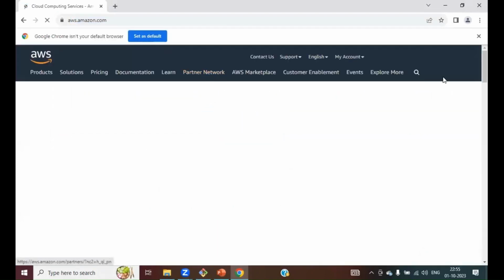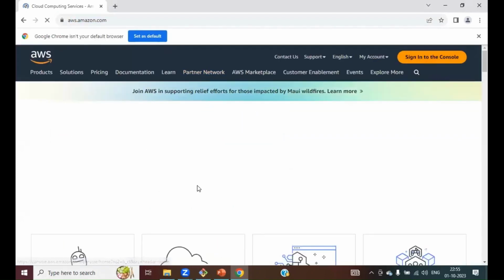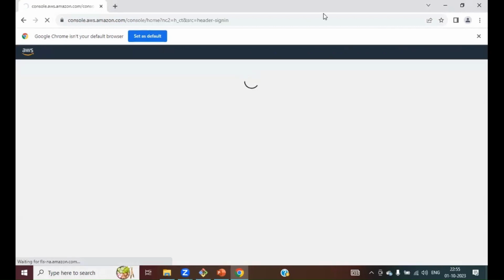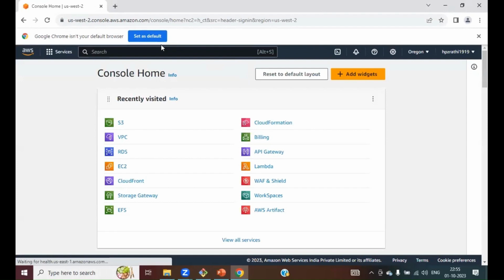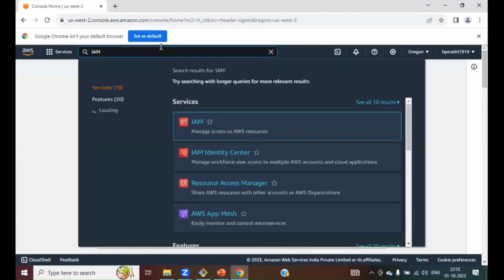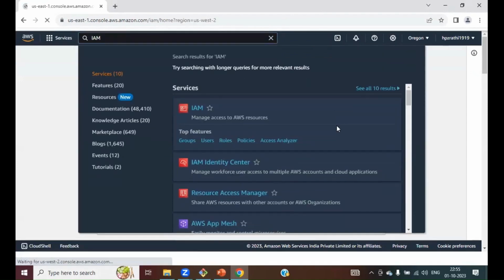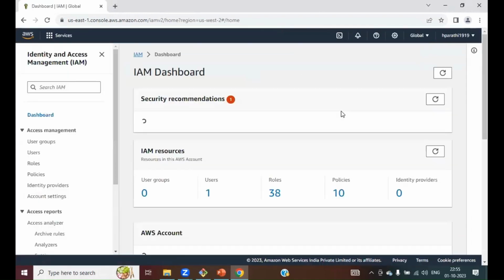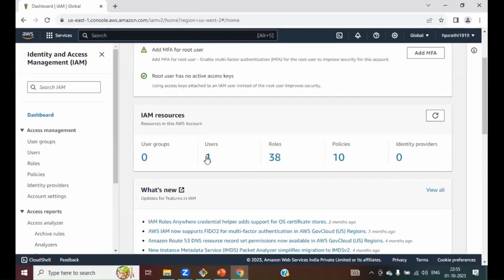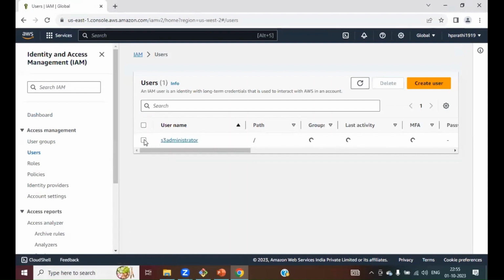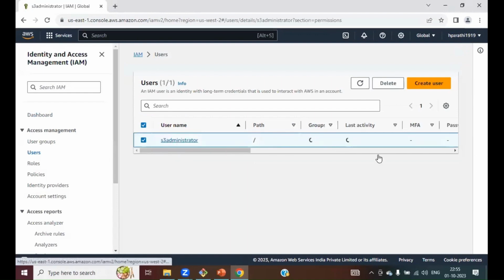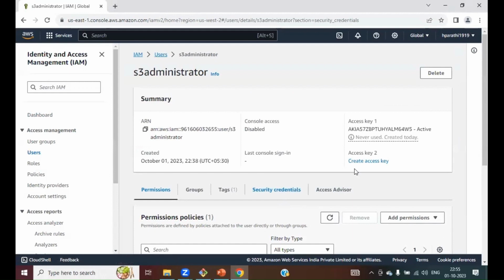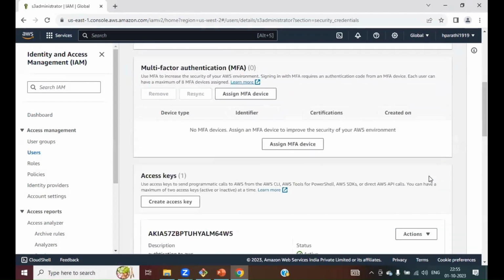Let me quickly log into AWS. And I will go into the IAM dashboard. Right, so I'll go into the users. This is our S3 administrator user, what we just created. And if I go into the security credentials,